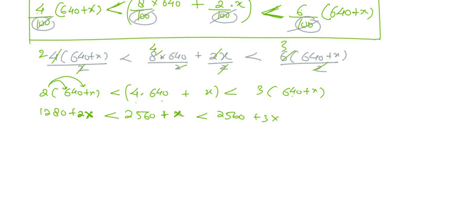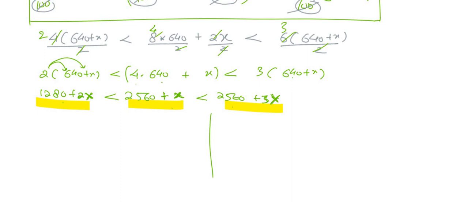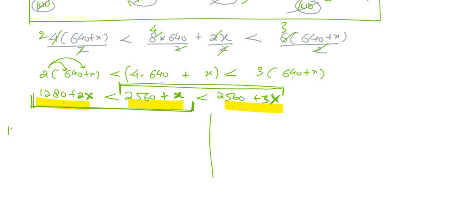Now see here, in all three terms there is x. Here is x, here is x, and here is x. So whenever in all three terms there is x, we divide it into two separate inequalities. How do we do it? One we take from here, these two, and one we make from here. These two combine together to make one inequality, and these two together. See here, 1280 plus 2x less than 2560 plus x, and here will be 2560 plus x less than,